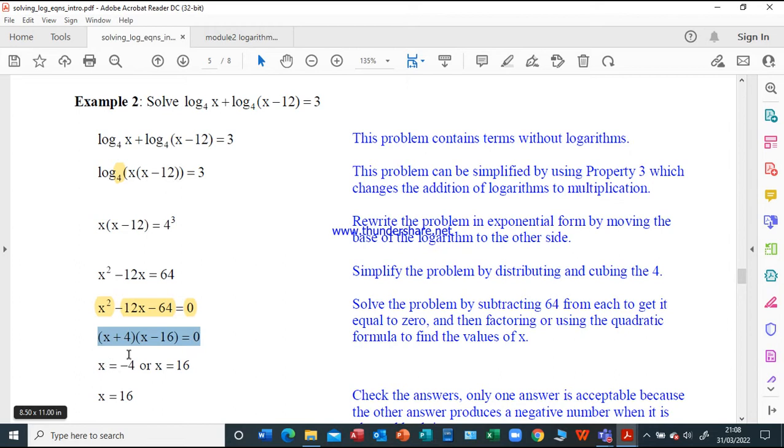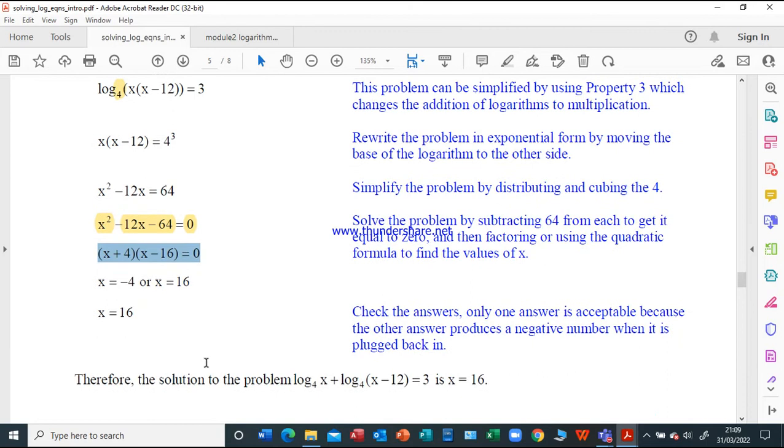Okay, so I skipped that step, understanding that now you are almost familiar with the process. So that is where we are. Okay,